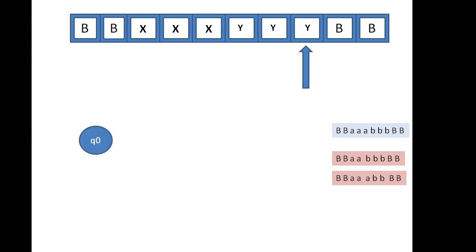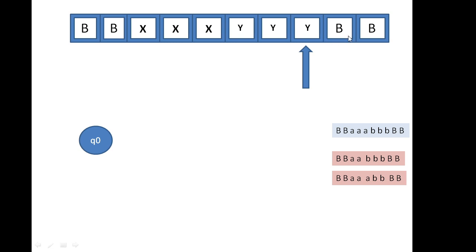In the next step, after I receive the last Y, I'll move the head. This head will go on from here to find an A, but it will not be able to find one, it will directly find a blank. So it will traverse all the X and the Y. But this tells you only that the X's, or the A's, are finished. It doesn't tell you that the Y's are finished. So again from here, it will move till this blank, traversing the whole X and Y's.